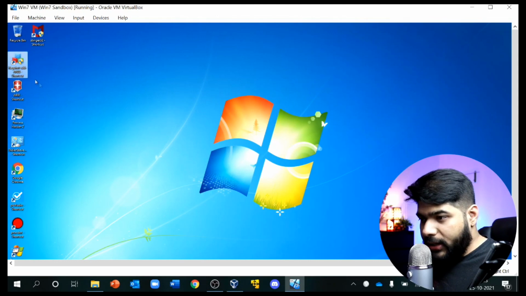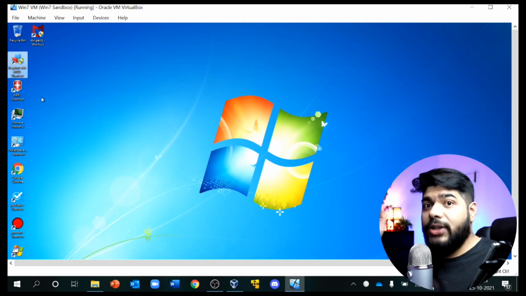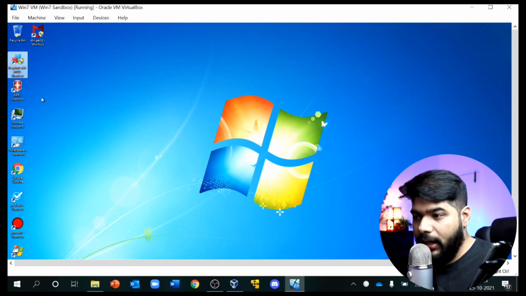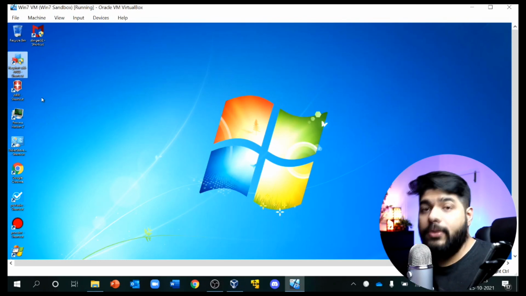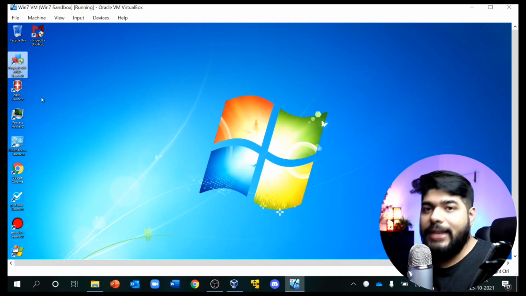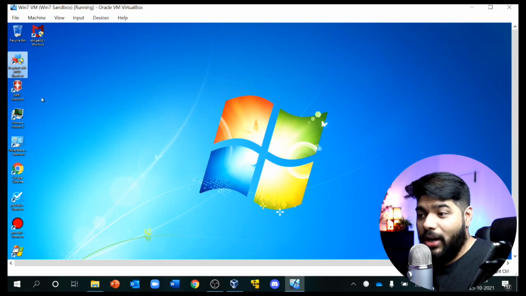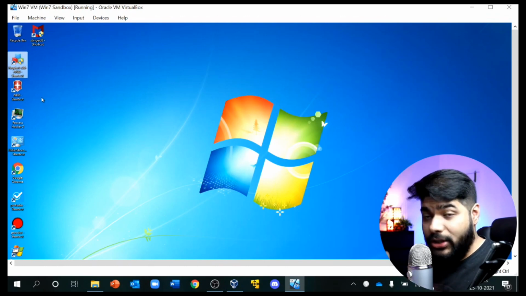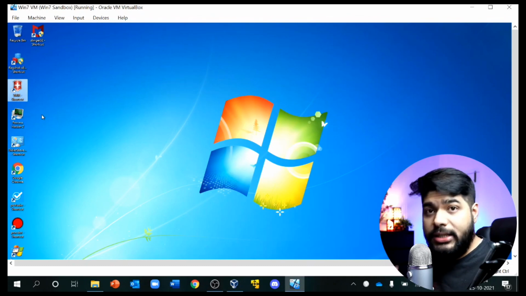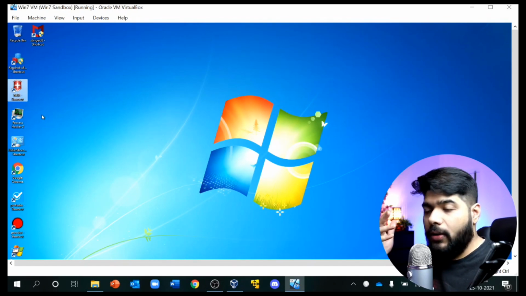Okay, so Regshot. This Regshot is a tool which helps you to collect the registry on a particular machine. Let's say you have detonated a malware, you can collect the registry hive before detonating the malware and after detonating the malware. It will compare both the files and show you what changes have been made by the malware. We will cover that in another episode to show you how it is done. Then WRR is the Windows Registry Recovery tool, which can help you to recover any kind of broken registry from any of the infected machines.